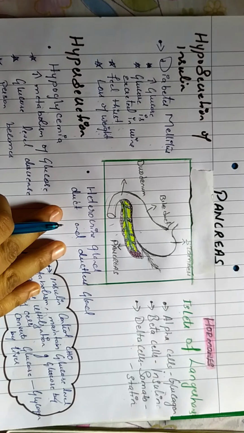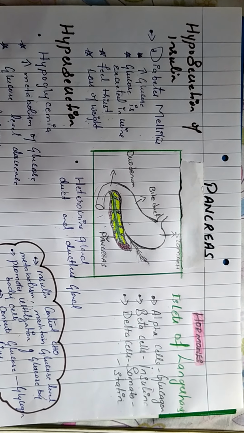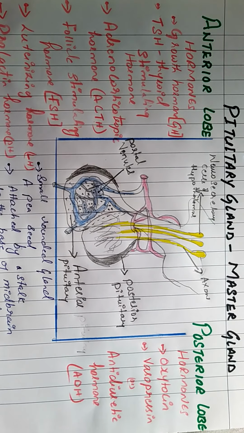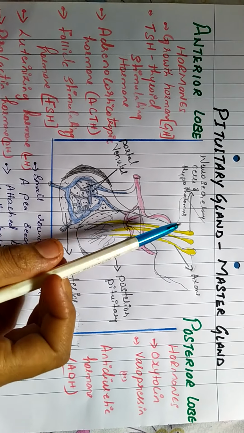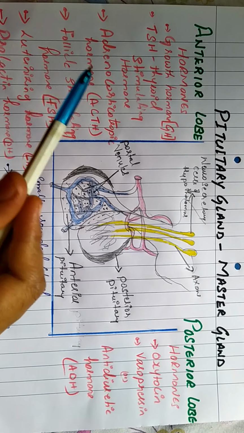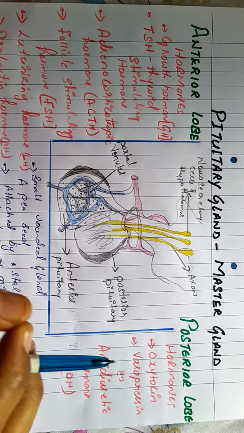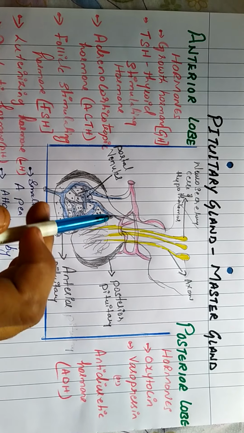I hope you all have got this pancreas gland. So let us go for the next, the pituitary gland, as you can see in the picture on the slide. The pituitary gland is also called the hypophysis, because it is a very small structure present